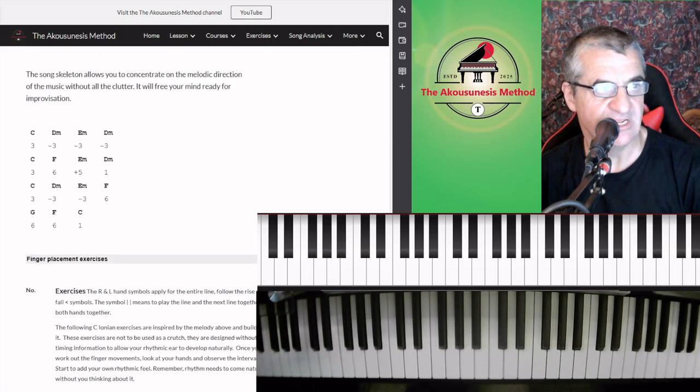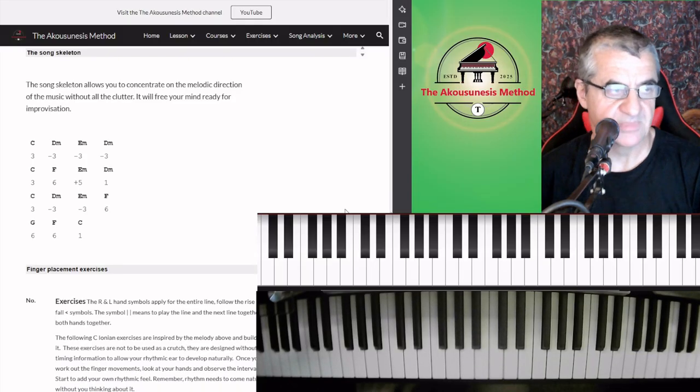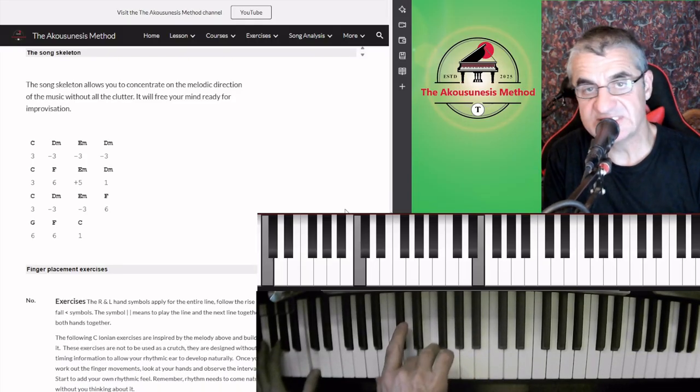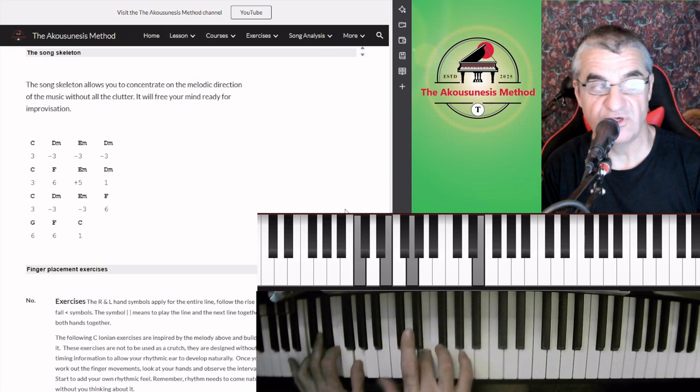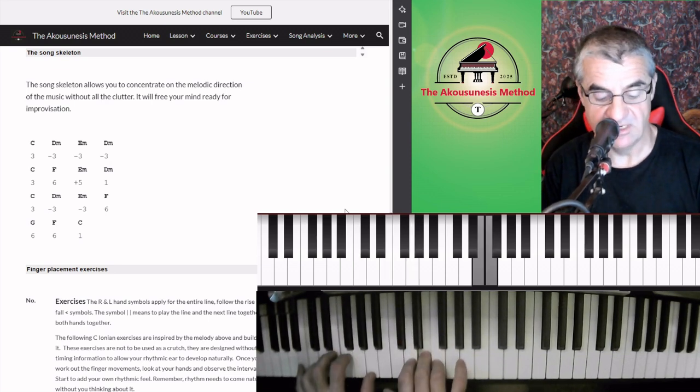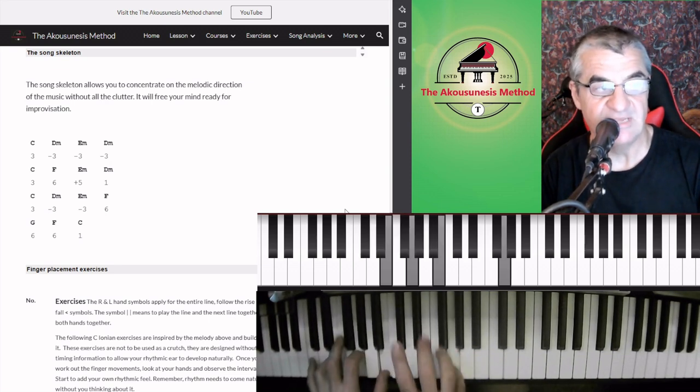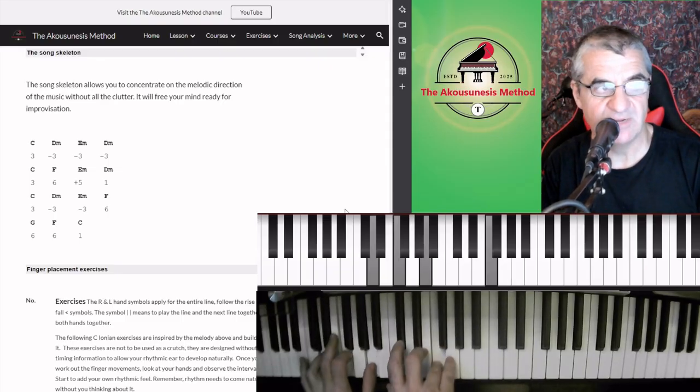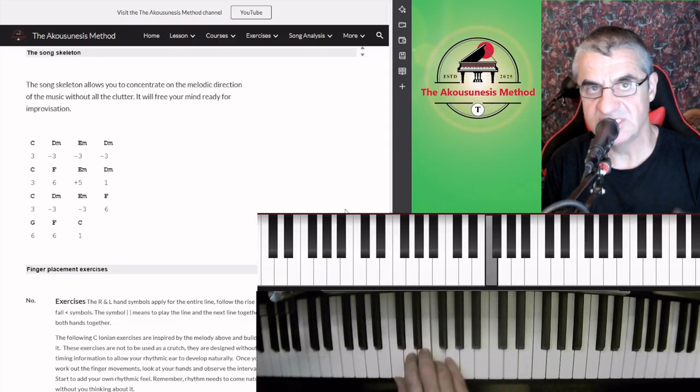Once you're familiar with how to find chords, we've got C here, we've got the third, and then we've got D minor, a minor third, E minor, minor third, and D minor, minor third. So the song is doing,